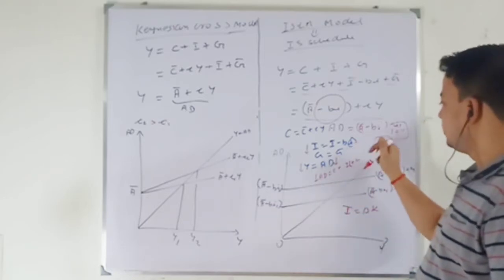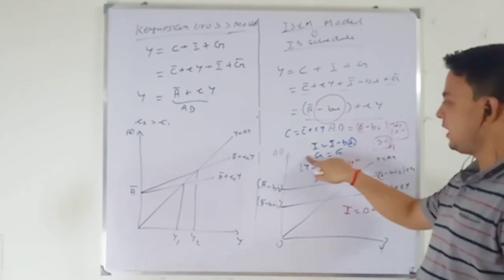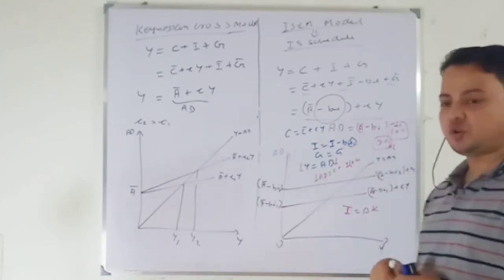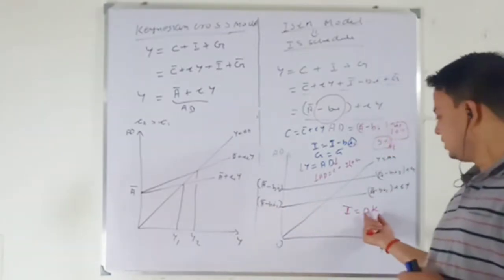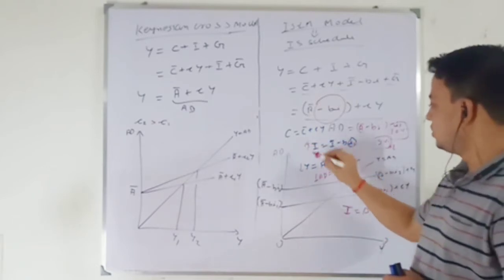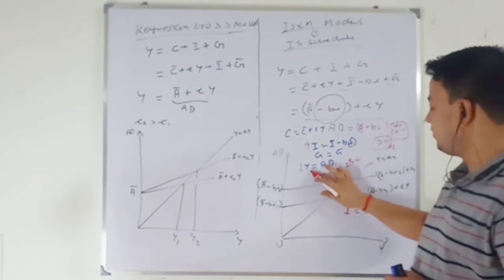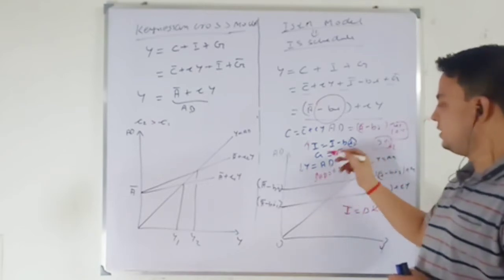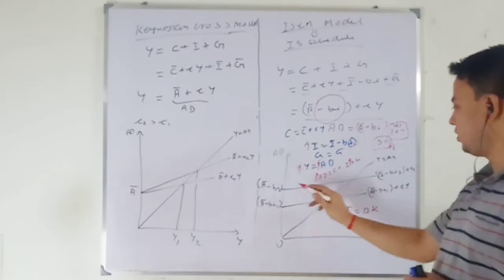Take interest rate to be I2, 5%, very low. When my interest rate is low, my cost of borrowing is low, I can have more capital stock. So capital stock will be high, investment will be high. So when investment will be high, what will happen? Aggregate demand will be high. So when change in aggregate demand will be high, change in output will be more. This is what will happen.